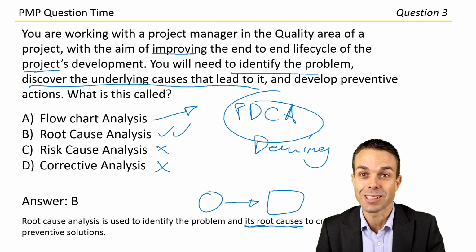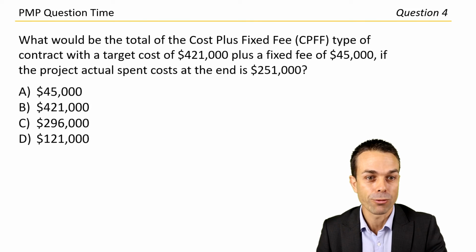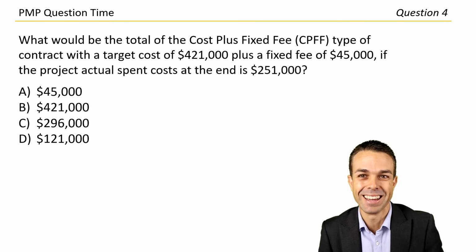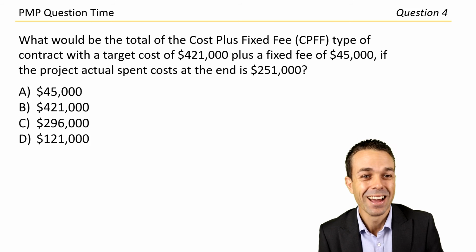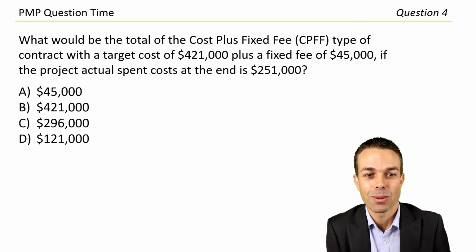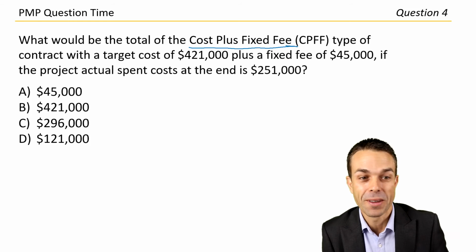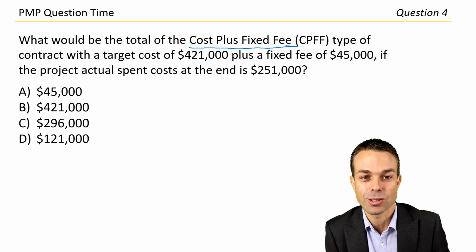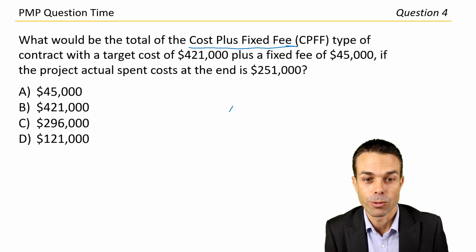How did you go? Let's look at question 4. Okay, great, we've got some numbers. Yay, mathematics. What would be the total cost plus fixed fee? Oh, this is not too hard, this one. Type of contract with a target cost of $421,000 plus a fixed fee of 45, so